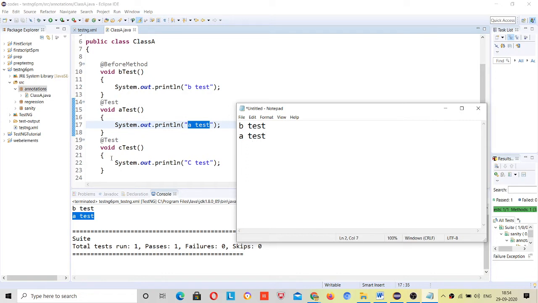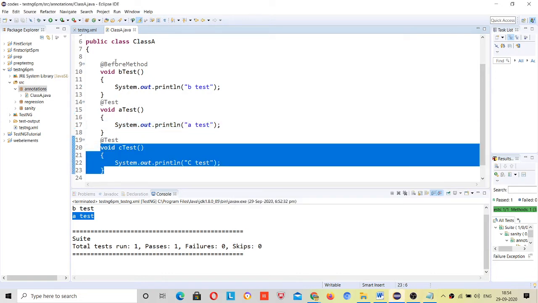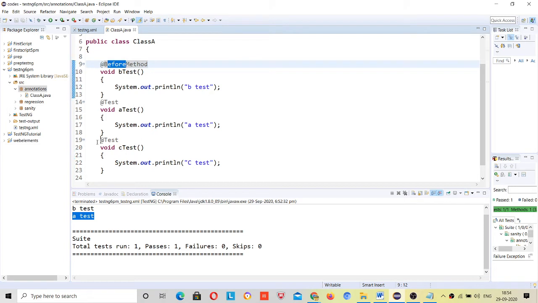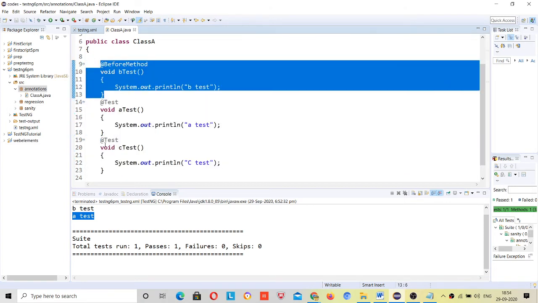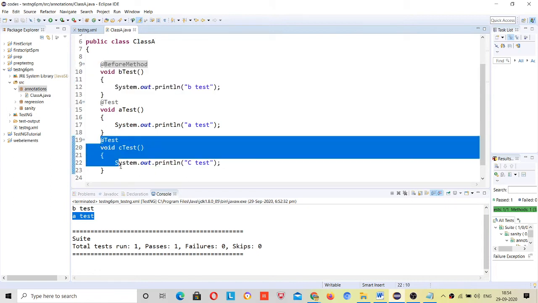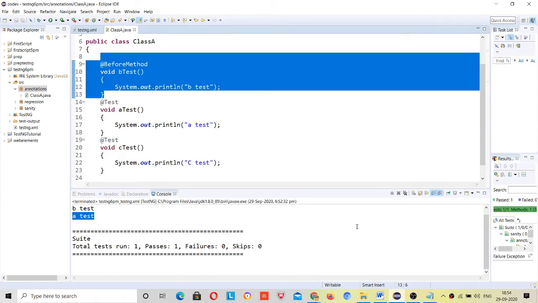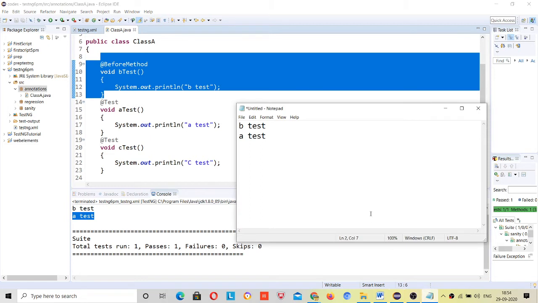Then it has one more normal method, but before method will again run. Before running this method as well, it will run before method first. So if you have 100 methods, then for those 100 methods before method will run first. So output will be B test, A test, C test, B test.